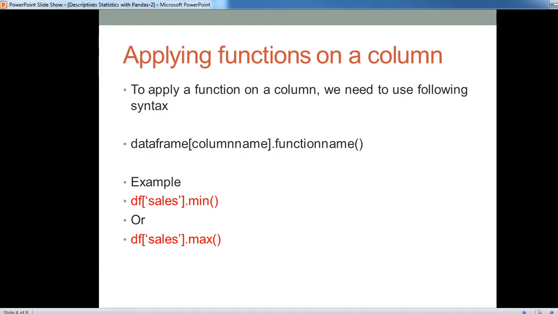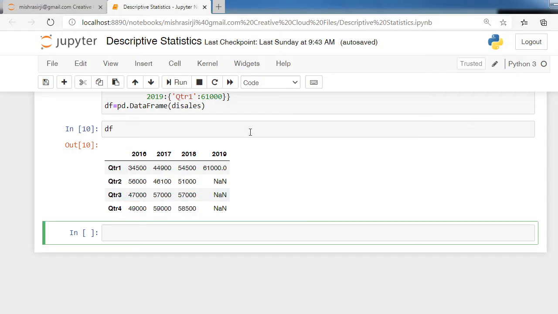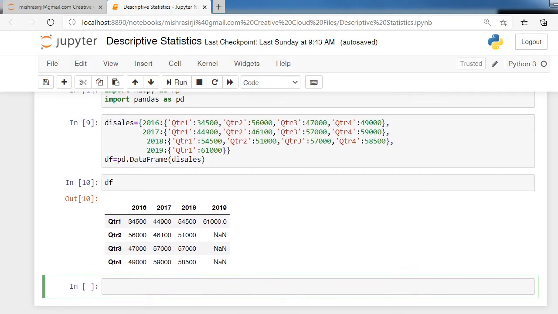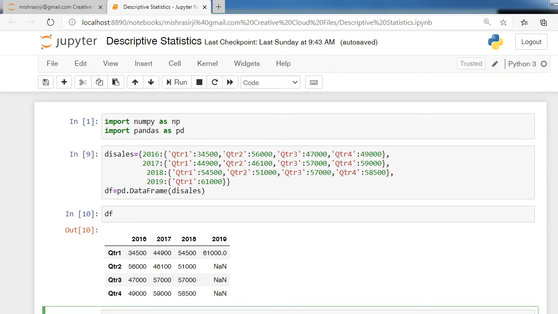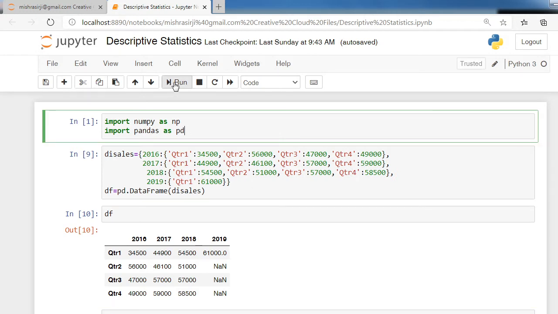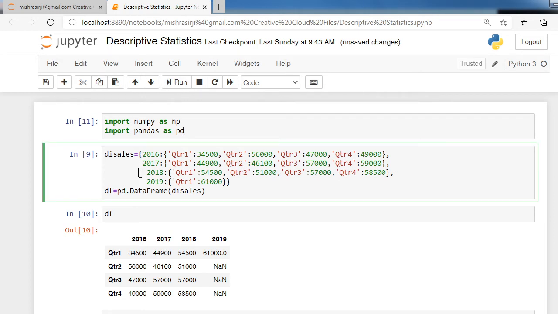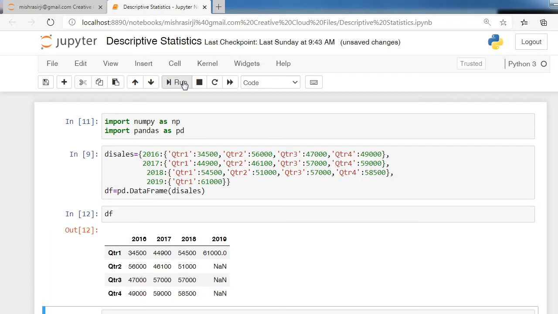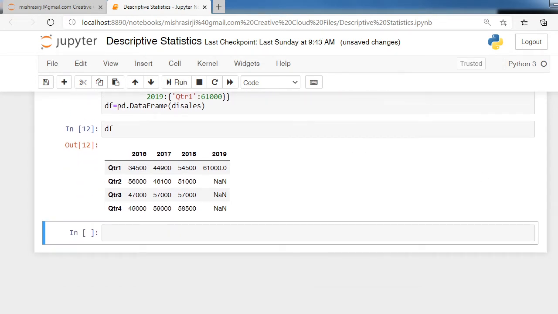See how to use this function on a data frame. I have already made one data frame for this session. First we run this cell, then this cell, then this cell. So you have seen we have 4 columns and 4 rows.